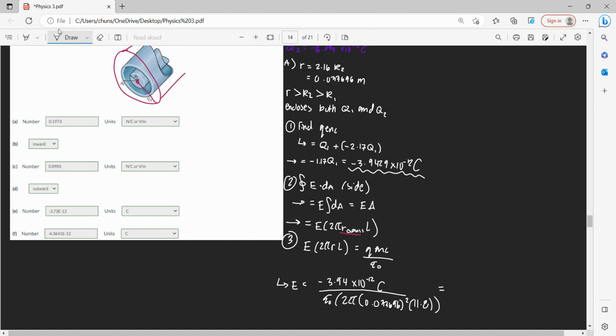So then plugging that all in, that's going to give 0.854 to the negative 12 times 2 pi times 0.036 times 11.8, and that is going to give an electric field of